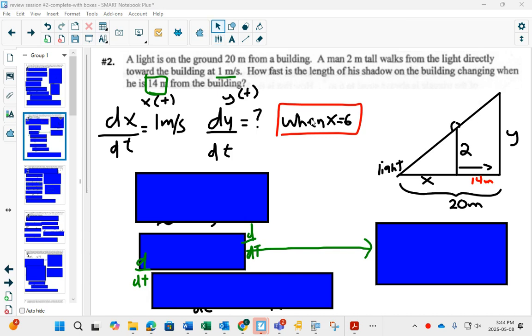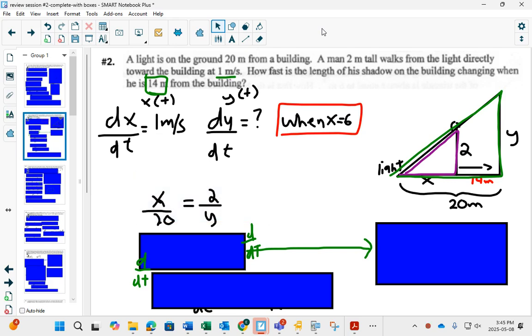Now, in every related rate question, we have to somehow make an equation that connects the rates that are changing. So we have our x and we have our y. This one is a similar triangle question. Do you see that this little purple triangle right here is similar to this big green triangle right here? And so there's many ways that you can set up similar triangle ratios. One way we could do here is that